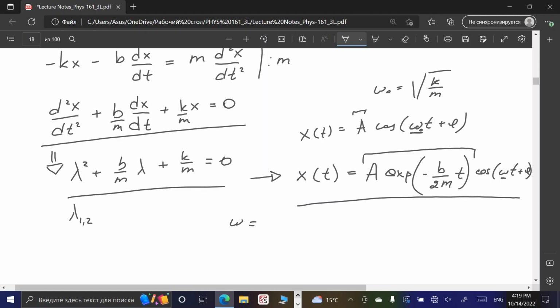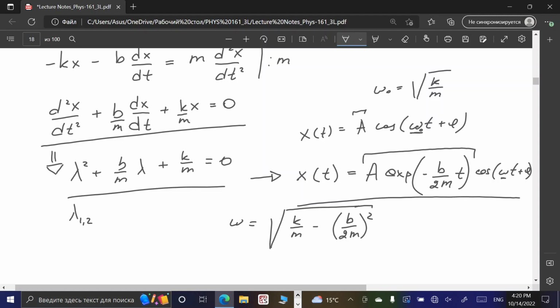And this is the so-called natural frequency of the spring block system, meaning the frequency at which this given spring block system would oscillate if there were no friction or drag forces exerted on it. So if we have a drag force, this frequency will be equal to